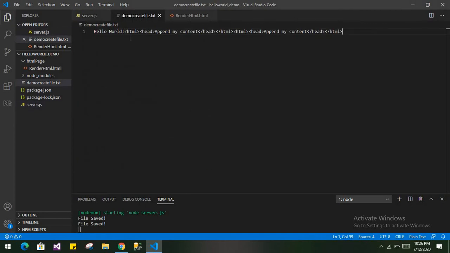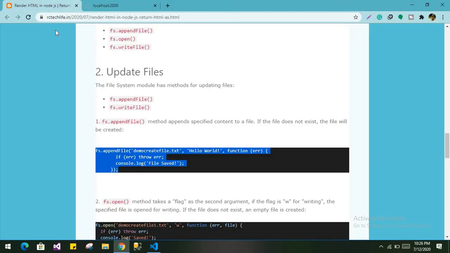You will see that the content has been written into the file. It's appended onto the existing content which was hello world. Now our content has been written after that existing content. So append basically does this functionality.